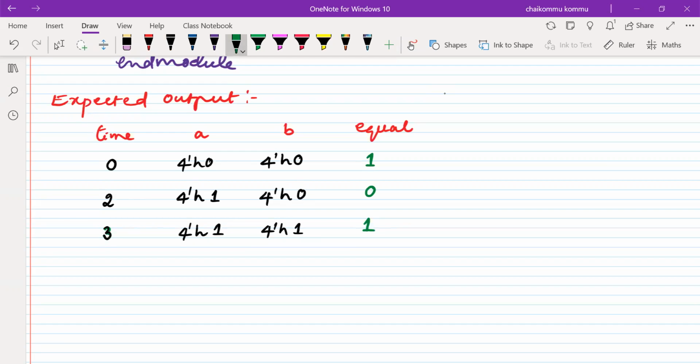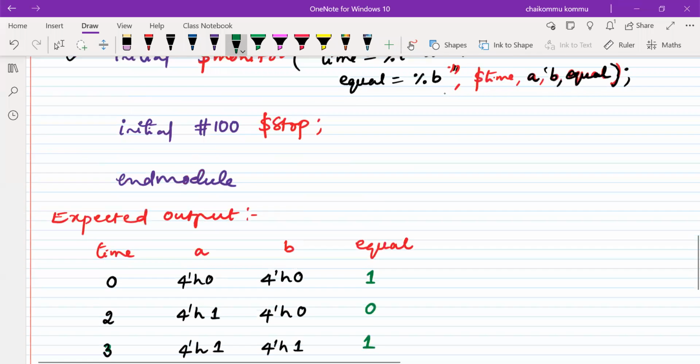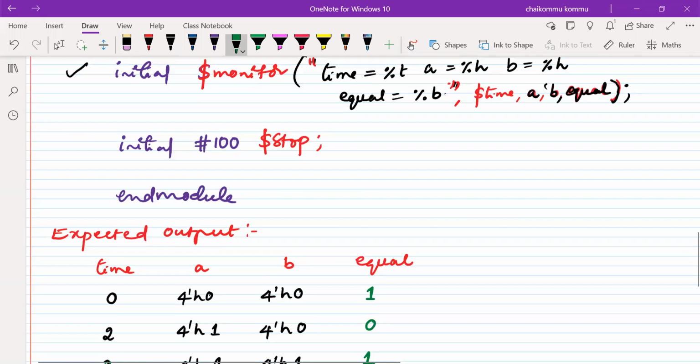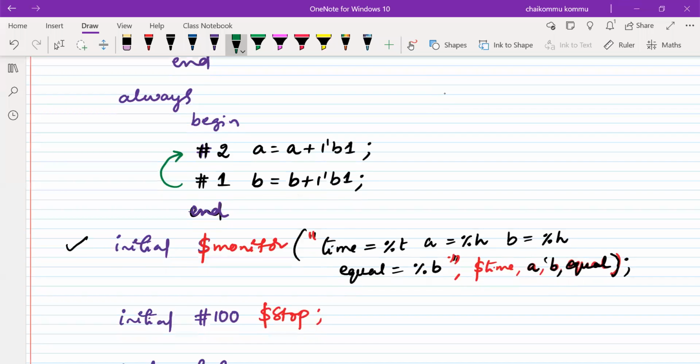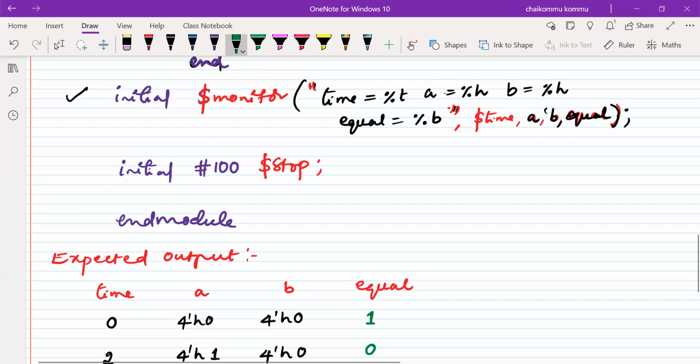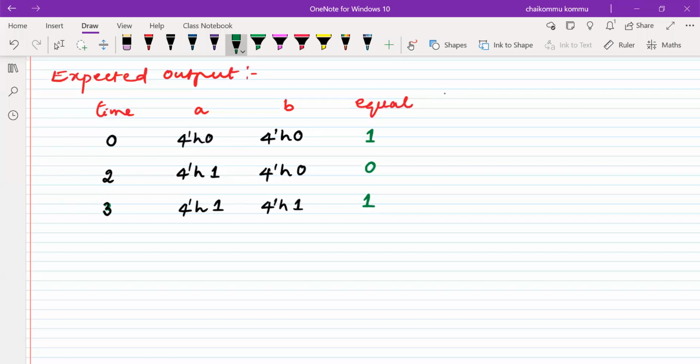Okay. Like this, the always block does not have any condition for that. It is always repeating. Again, it will go back to 2 nanoseconds. So after completion of this, again it will go back to this. Okay. So here we are at 3 nanoseconds now. So 3 plus 2, 5. At 5 nanoseconds, what is the value of A?